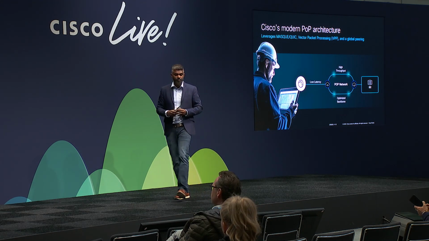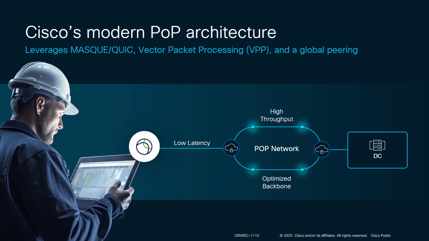really, really powerful. So let me talk about why this POP architecture is so unique. There are four main things that I want you to take away from this. So number one, we've built a cloud-native architecture for our POP network. What this allows us to do is portability, which we can take from our own data centers, which we can run in public cloud. We can run it in multiple environments because it is giving us a cloud-agnostic model.